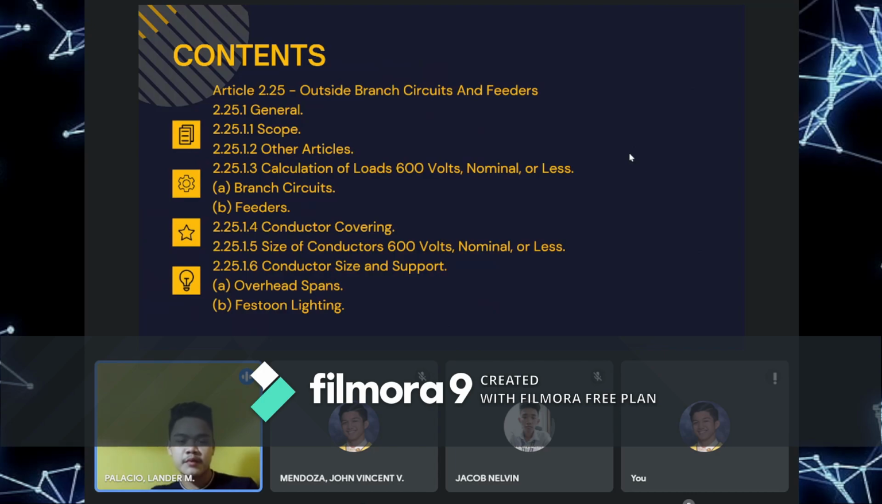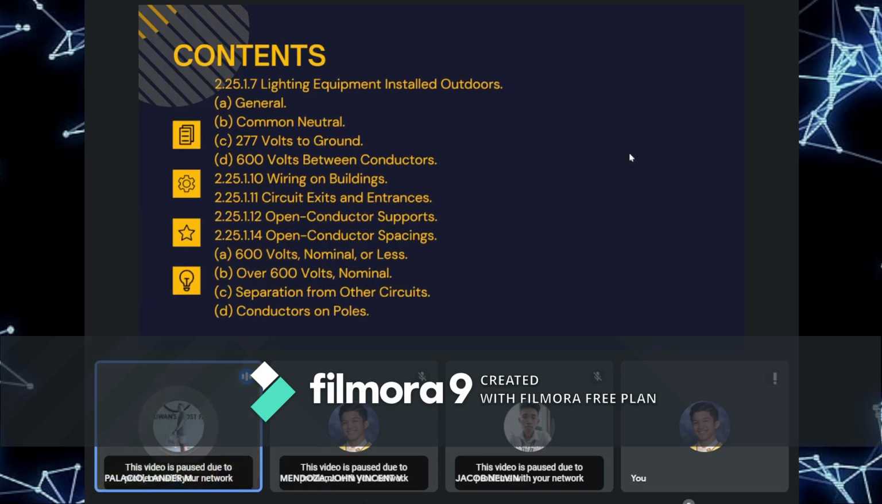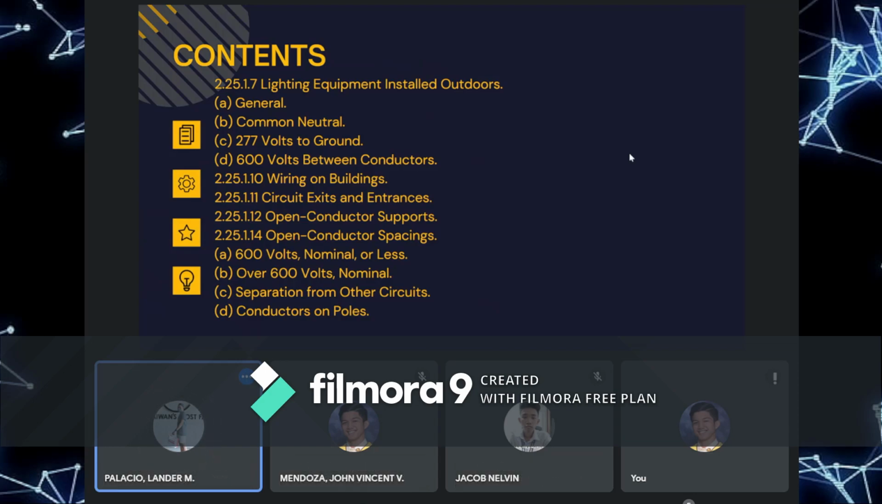The 2.25.1.6 conductor size and support, which also dwells on two categories, the overhead spans and festoon lighting. Next is 2.25.1.7, the lighting equipment installed outdoors, falling in the category of general, common neutral, and 277 volts to ground, and lastly 600 volts between conductors. Next is 2.25.1.10, wiring and buildings, 2.25.1.11, circuits, exits, and entrances,